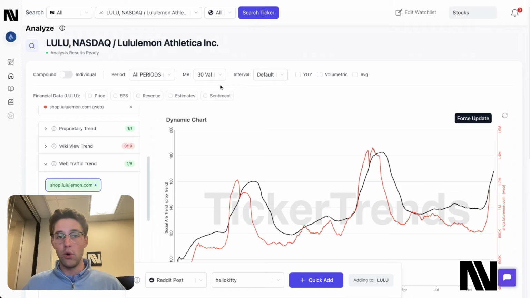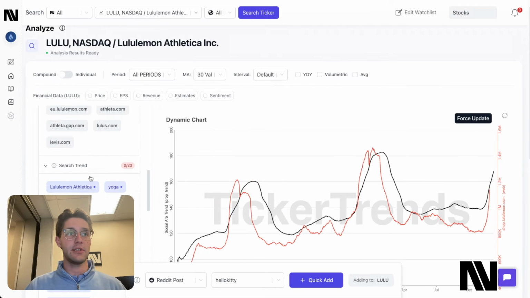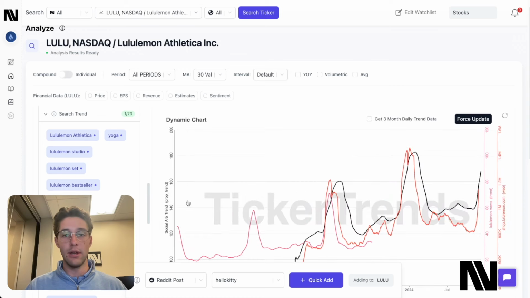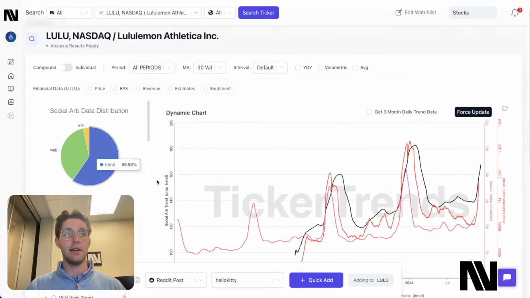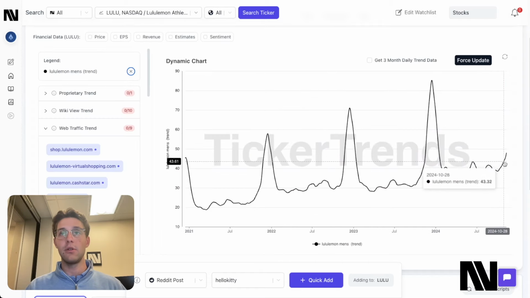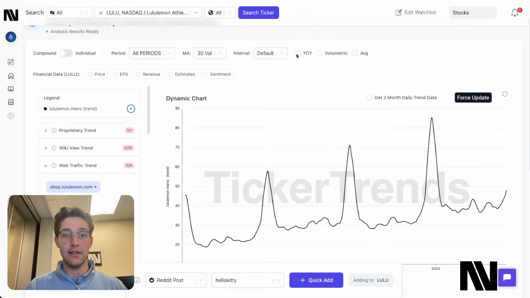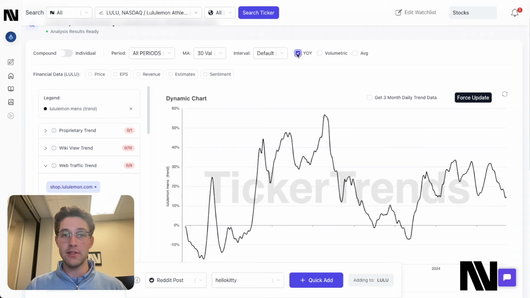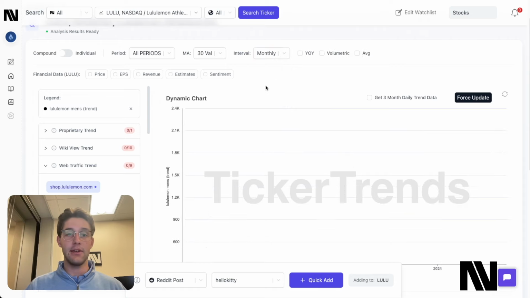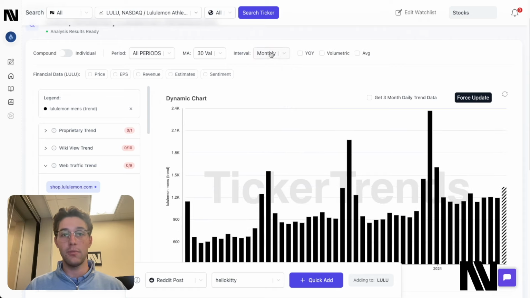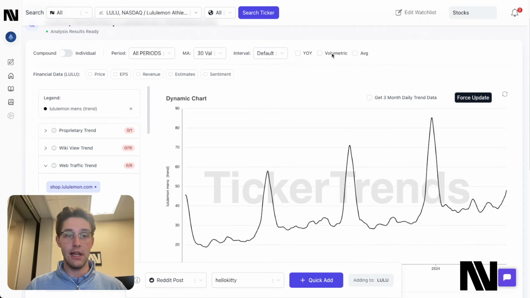So this really is the ultimate version of Google Trends, because not only can I see regular Google Trends values, which I can display on the chart as well, such as Lululemon men's, and this is the exact same data that you would view on the regular Google Trends platform, but I can also combine that data with other data sources that are not available on that platform, and then interact with that data in ways that would not be possible on Google Trends as well, such as viewing the year-over-year performance of that data, combining the data into different intervals to make it easier to analyze for my end goal, converting this data into a volumetric number.